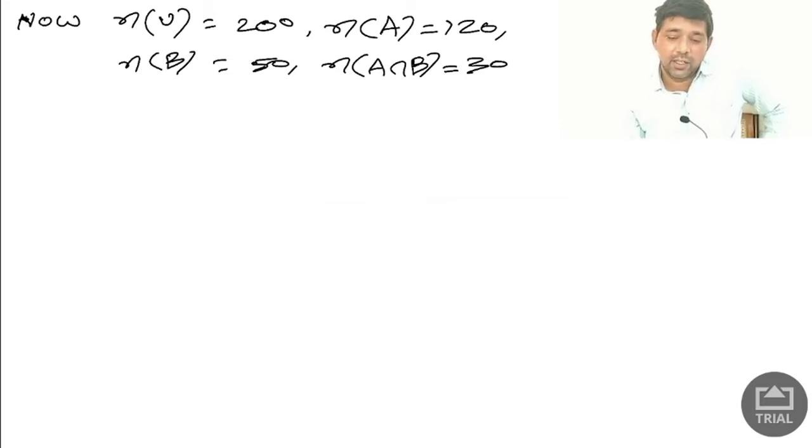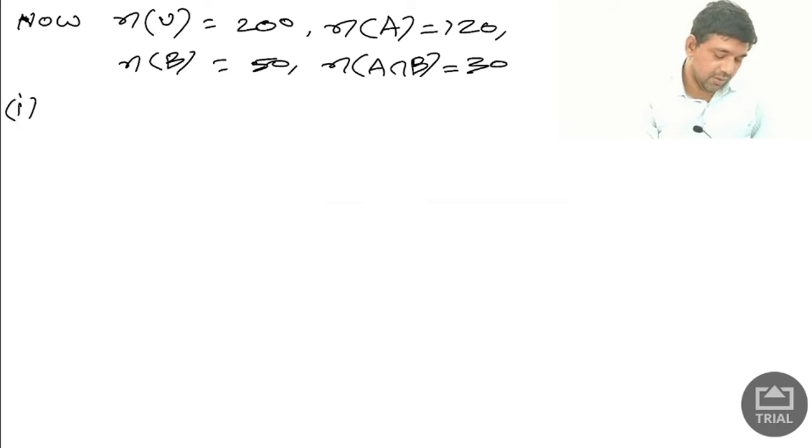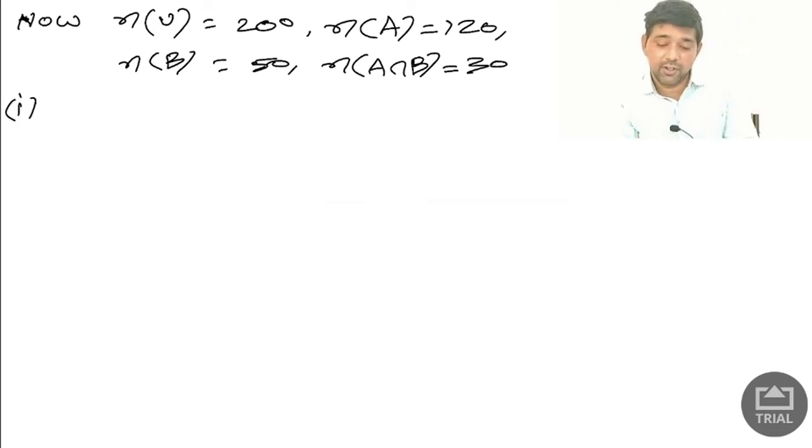Now we want to find the individuals exposed to chemical 1 but not chemical 2. Understand? So this is the thing which we want to find now. For that, see the first problem I want now: the number of individuals who are exposed to chemical 1 but not chemical 2.